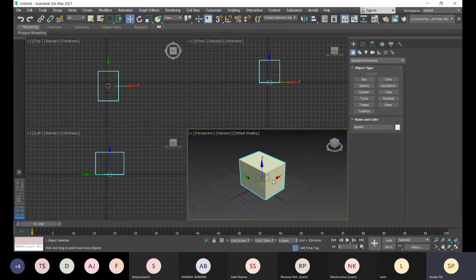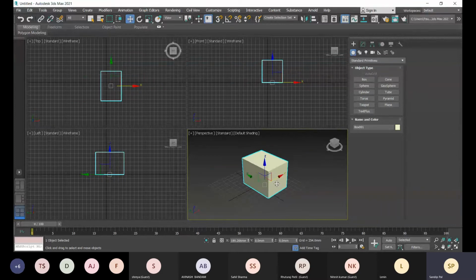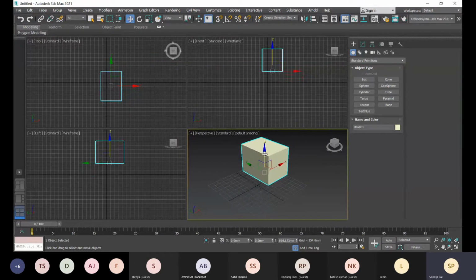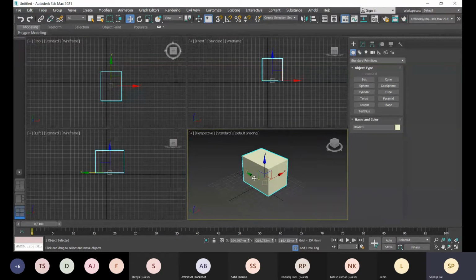So if you select this X axis of this gizmo, see this X is right now highlighted in yellow color. That means it is right now selected, and you can see it in both top and front view also, right? So if you click on it, it will only move in the X positive and negative direction only. Okay, same like that, if you click on the Z, it will move only in the positive and negative direction of Z, right? So same like that for Y.